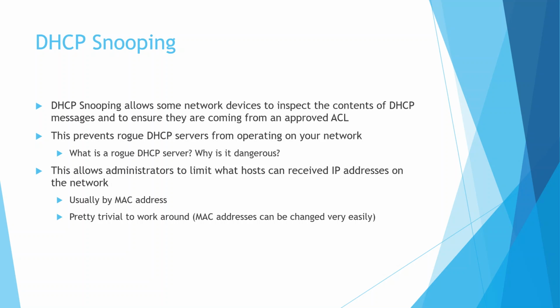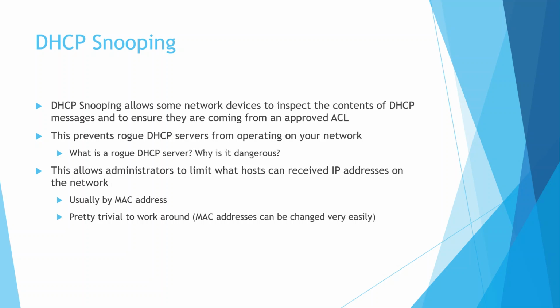For instance, from a Windows DHCP server point of view, we can say which DHCP servers are allowed to provide addresses, and if we get addresses outside of those, don't honor them. So that's another step that we can take to reduce risk with rogue